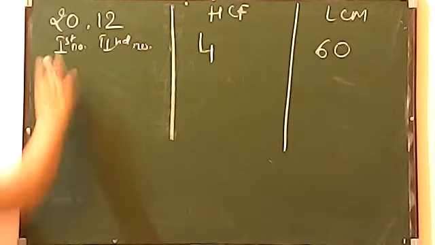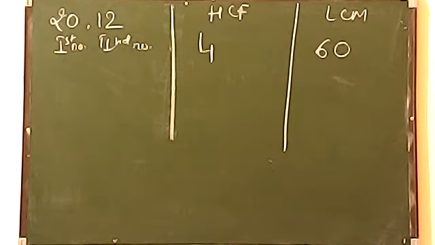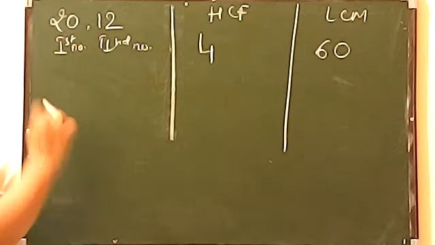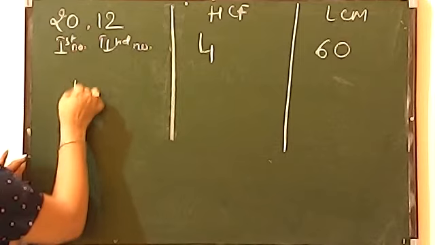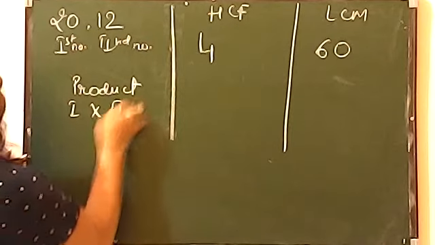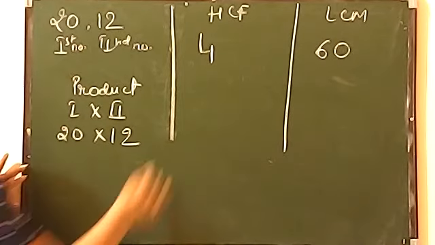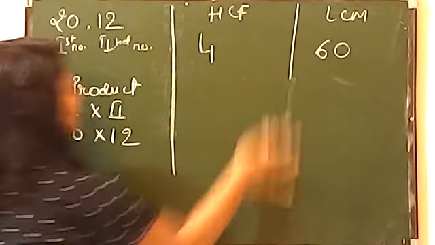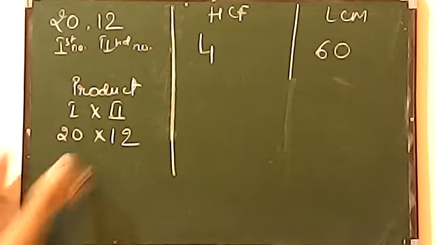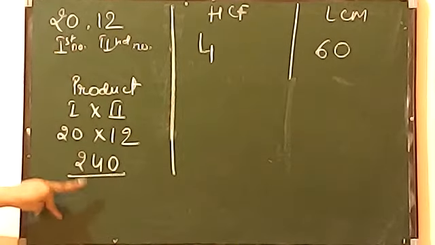Remember, always when you have any two numbers, take any two numbers for example, a bigger number, a smaller number, any number you like. If you have any two numbers, beta, now find out their product. What is the product? Product of both the numbers means first number into second number, means 20 multiplied by 12. What will come? Tell me faster. 240. Their product will be 240.